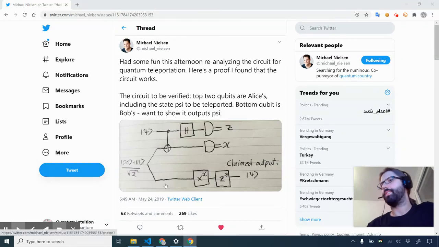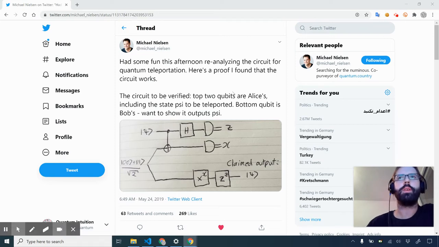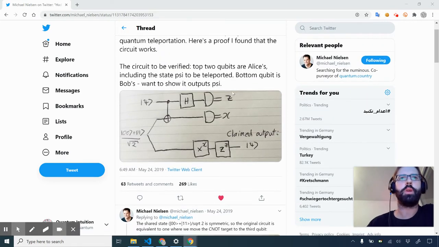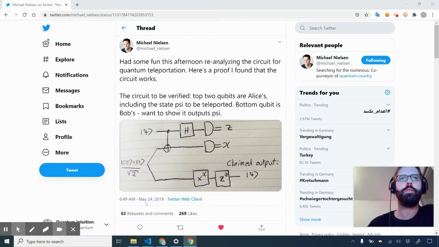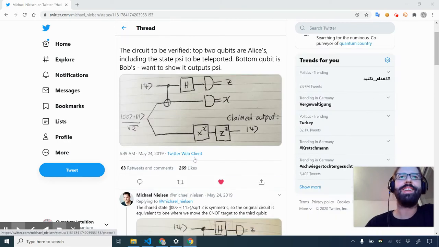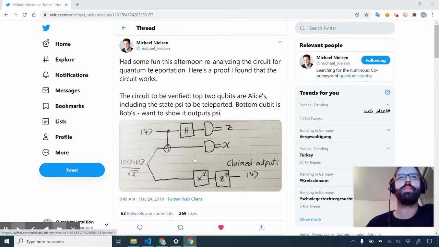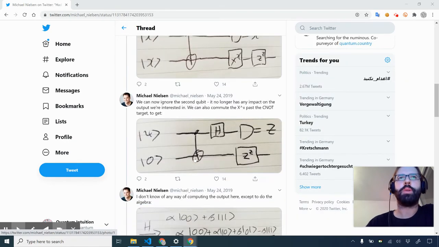So I'm getting sidetracked again. Today I stumbled upon this beautiful Twitter thread, which I'm surprised by because the tweet was from May 24th, 2019, and the original tweet was from Michael Nielsen. I think the reason I stumbled upon this is because